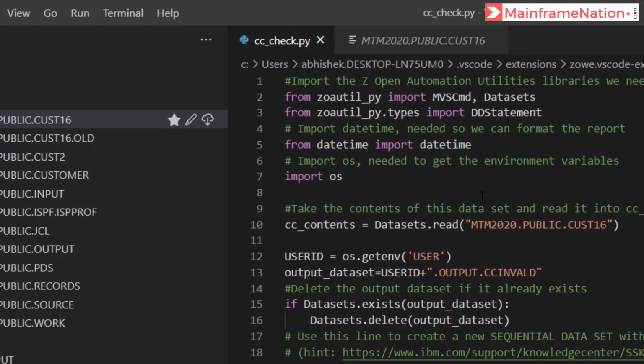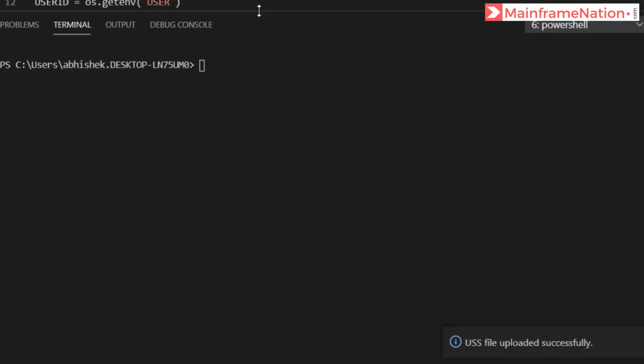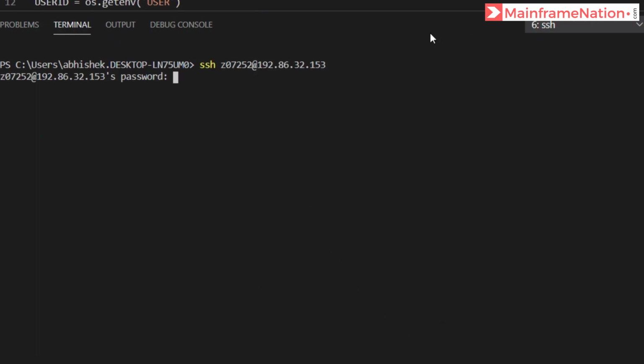Let's check whether it is successful or not. Open the terminal. Let's log in by giving SSH. Give password. Then go to bash. Then let's execute it by python3 cccheck.py, let's execute.